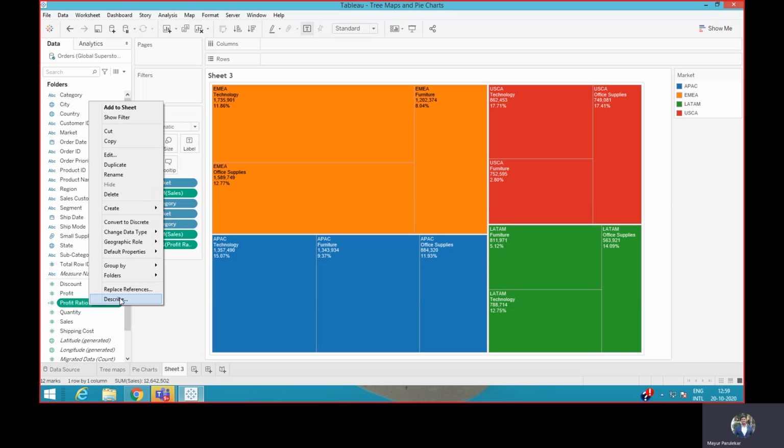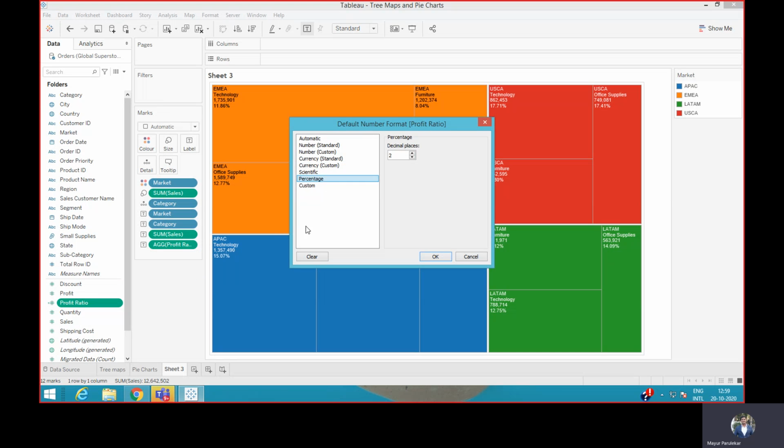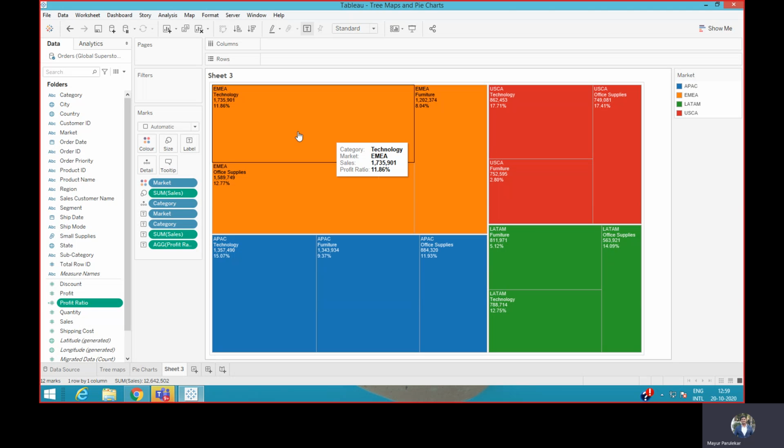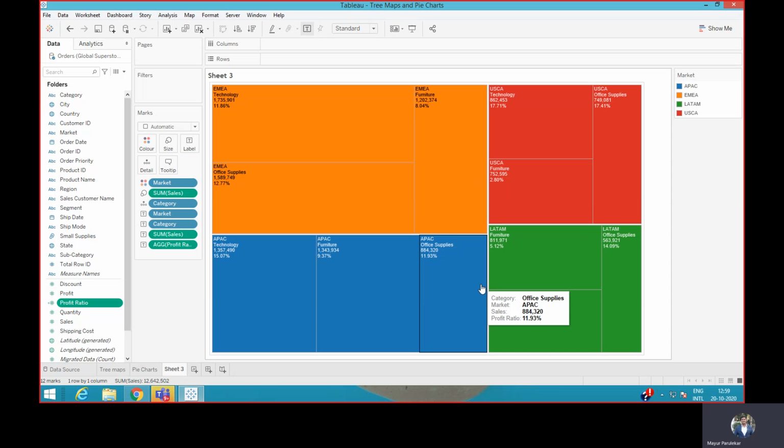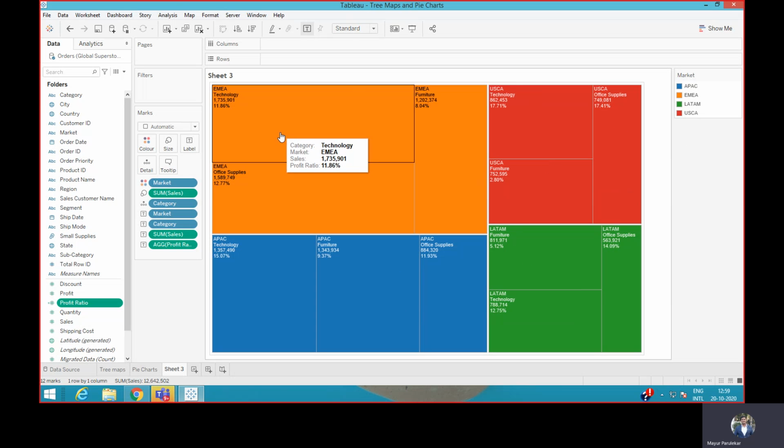or what you can also do is change the default properties of this using number format and keep it to percentage. If you keep it to percentage, what's going to happen is it will directly give you these percentage values. Now remember that you can add granularity to this particular data,